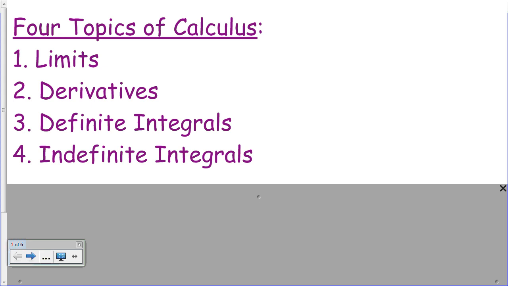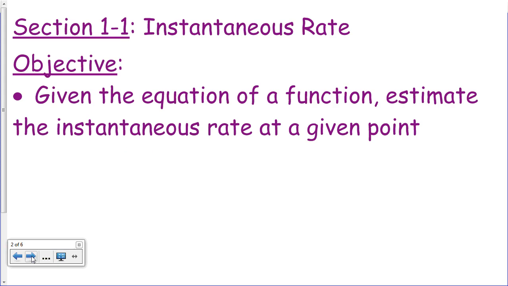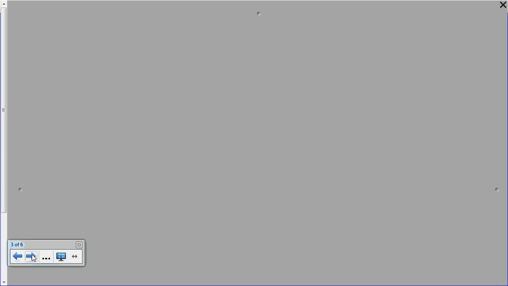So let's get started here in this first section. So section 1.1 is titled Instantaneous Rate. And the objective for this section is, given the equation of a function, estimate the instantaneous rate at a given point. That is going to be our objective there. And we'll go through the objective every time we go through one of these lessons, just so that you understand what is expected of you as you work through this section. All right, so with that,